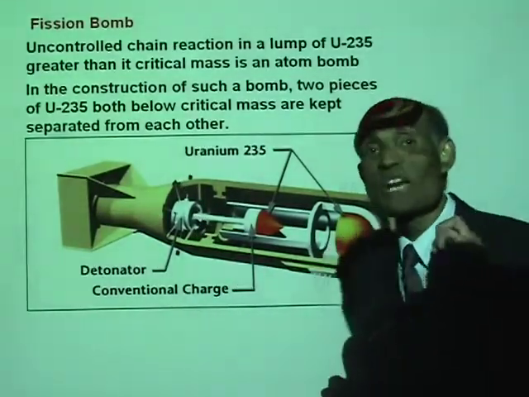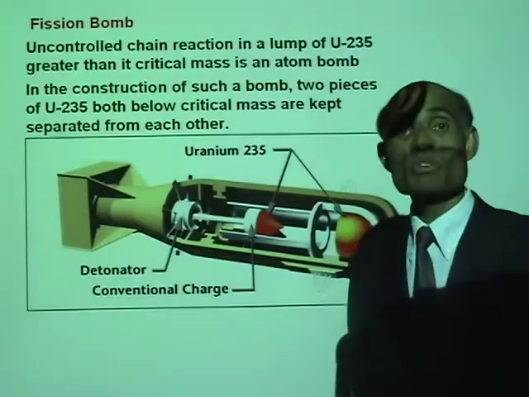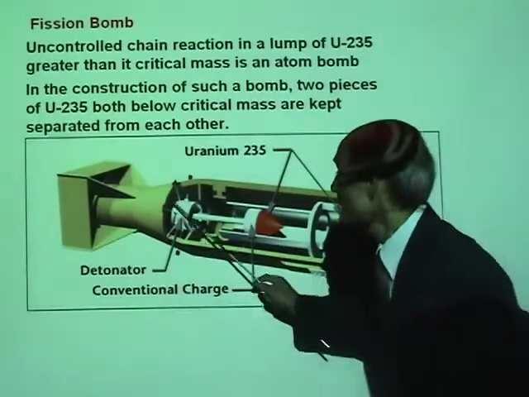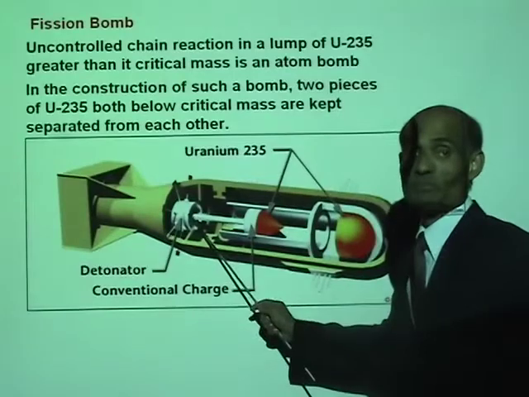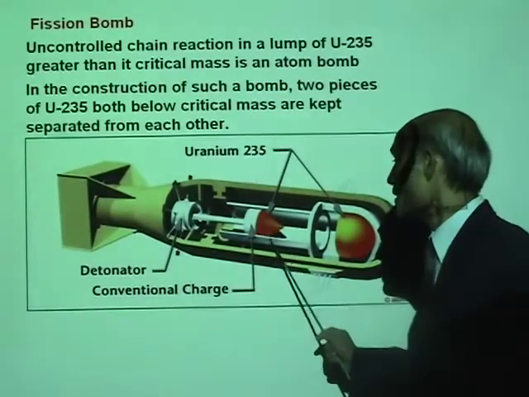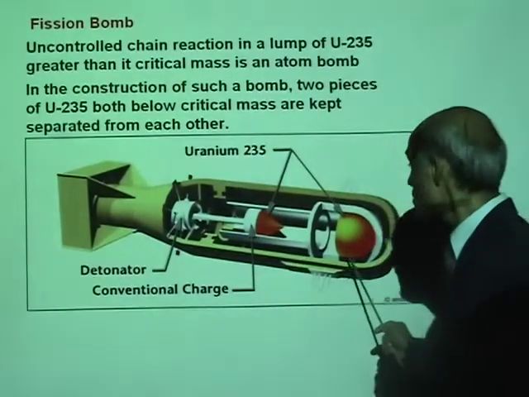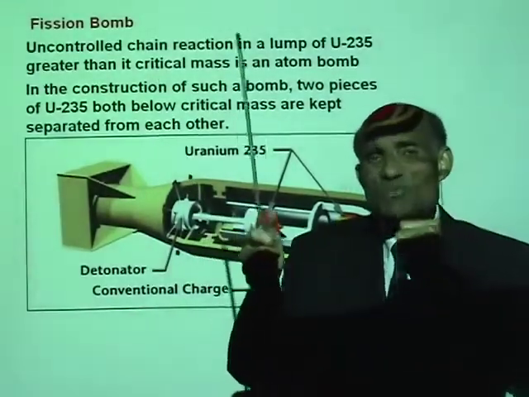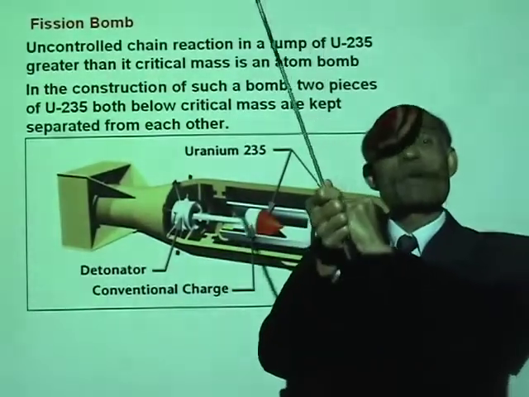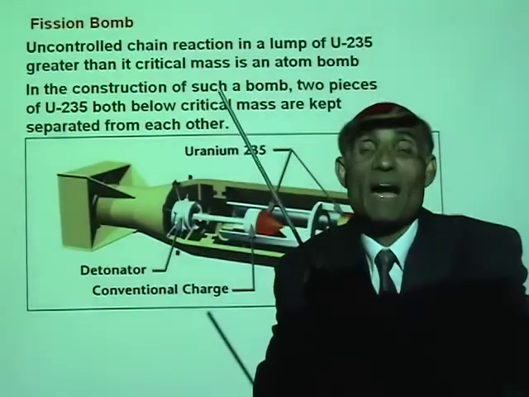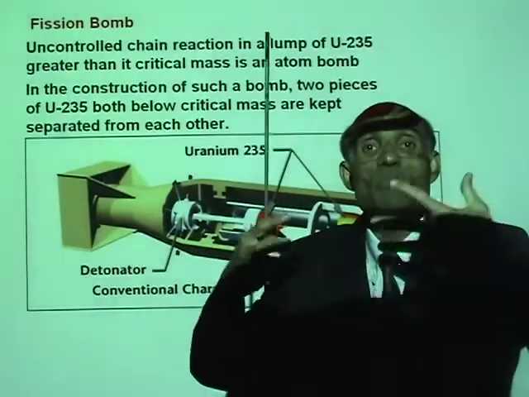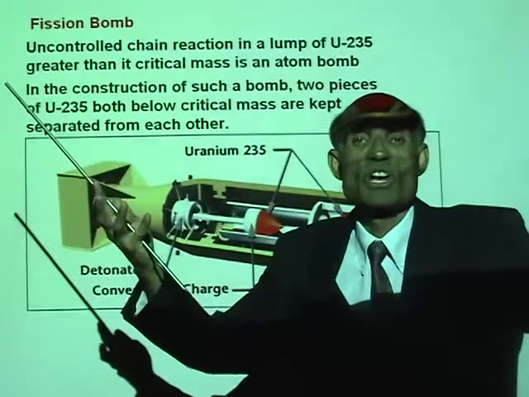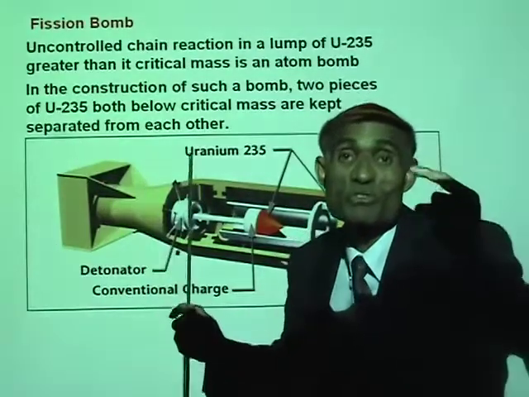Now, when you want to detonate the bomb, what you need to do is use a triggering mechanism that will fire this piece into the other piece so that the two pieces will fuse together, will become one piece, and then its mass will be above critical mass, and then the only thing you need to do is run away